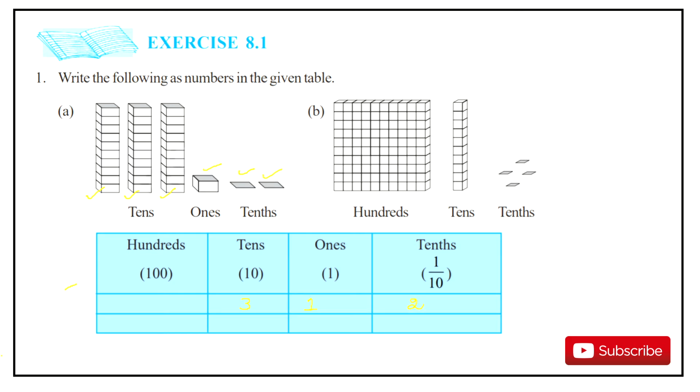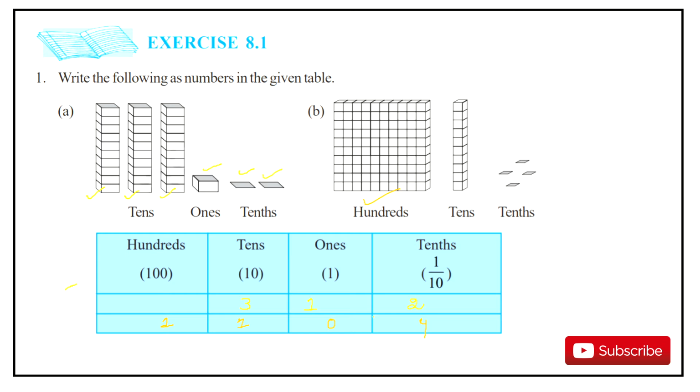Agreed? If I come to the next one, B part, for hundredths, let me count how many blocks there are. These are basically 100 blocks. In tens we have 10 blocks in one row, in hundreds we have 100 blocks in one set, and in ones we have only one block, right? So for hundredths, only one block is there. In tenths again it's only one block. We don't have anything in ones, so let me write 0. And for tens we have 4 blocks, so it is 4. Agreed? I hope this question is clear to all of you, and it's a very important question from your examination point of view as well.